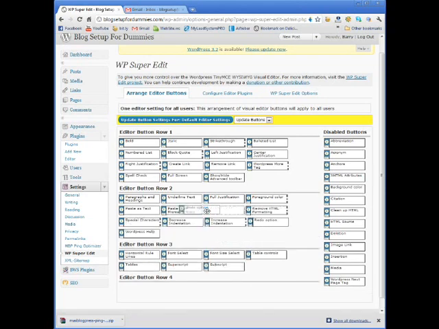Move it back up here, say it's undo. Okay, well I want to have that right at the start. Okay, so very flexible. You can do whatever you want in here. Set it up the way you want it. Okay, this is the way I want it, not necessarily the way you want it. Maybe you want to have a few more things in there. So I'm just going to go update button settings,